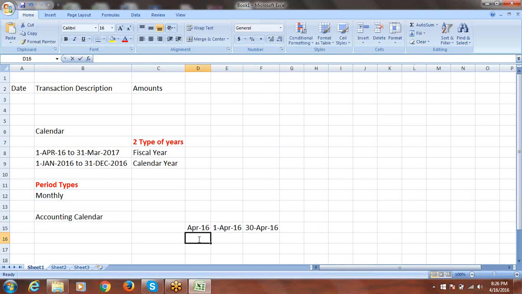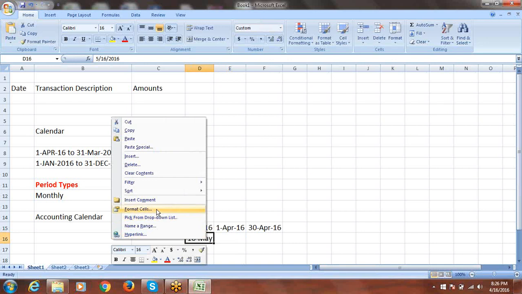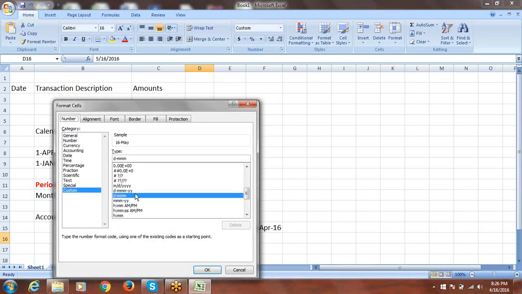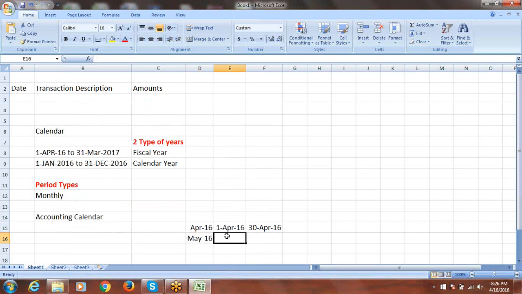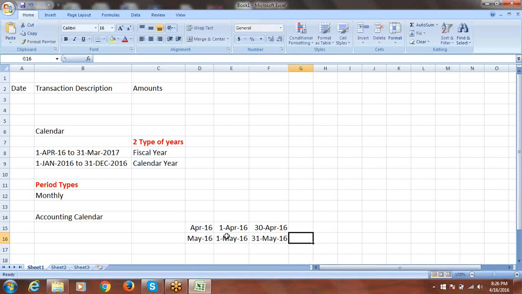and the same way May 16, and we'll be mentioning the date range. Okay, we can mention 1st May 16. This month ends with 31st May 16. Okay, so this is how we can create the accounting calendar in the system,